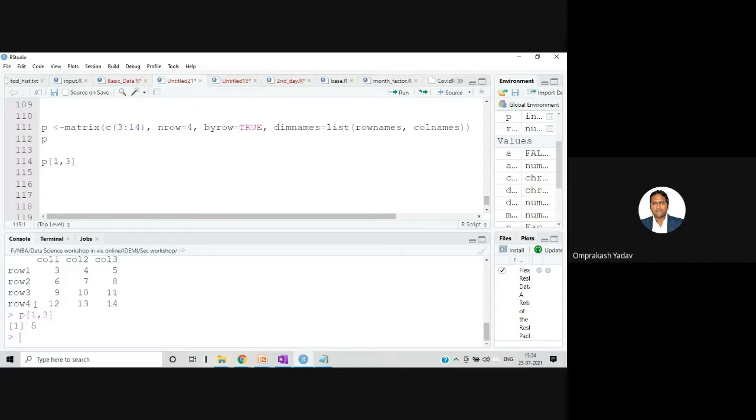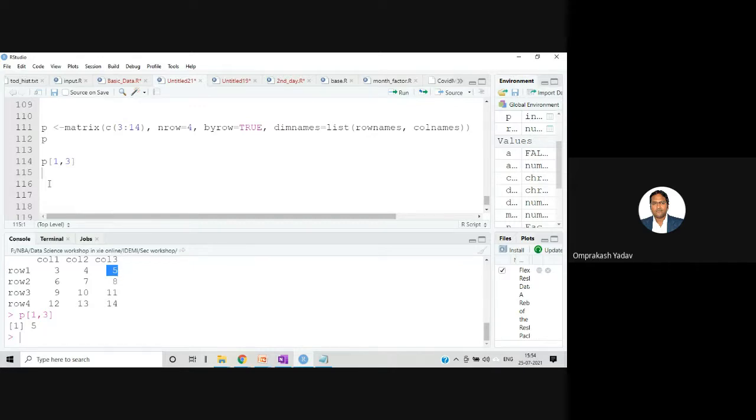So if I mention 1, 3, row number 1 is this one and column number 3 is this last one. So I'm talking about this 5, row number 1 and column number 3.